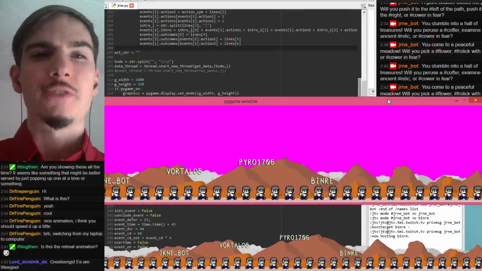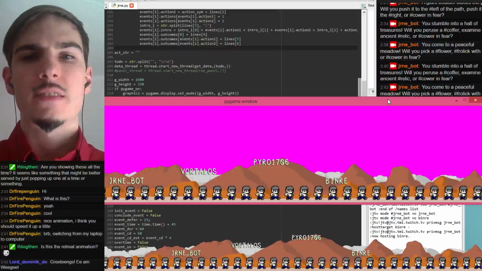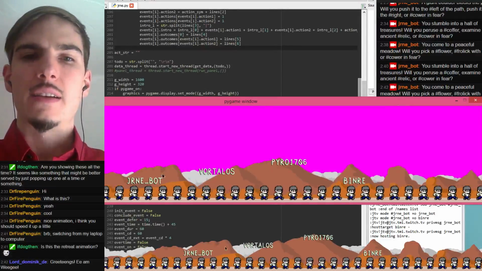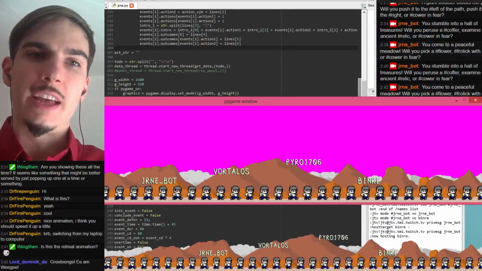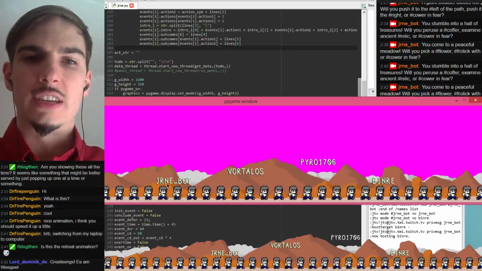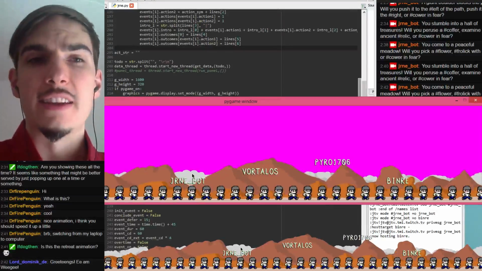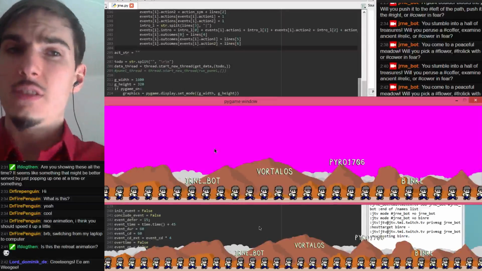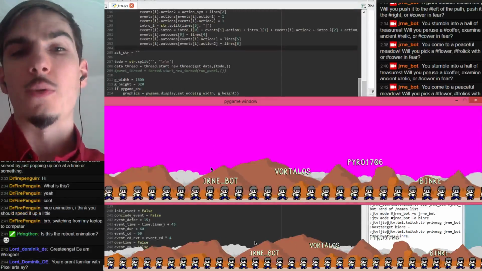The difference now is that, let's say JourneyBot participated in an event, and he's right in the middle of the screen. Look, we can see him marching across the screen. The difference here is that he'll get queued. Before, I was just thinking, well, he's in the middle of the screen, so